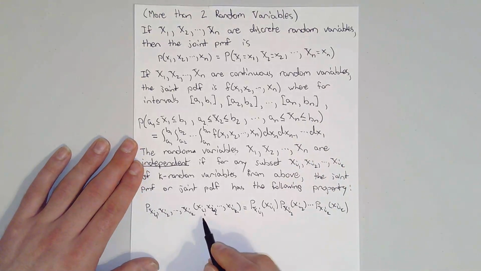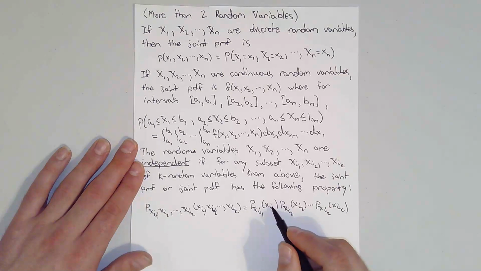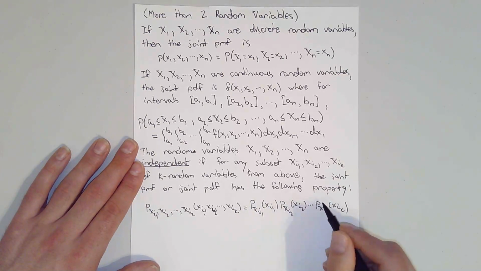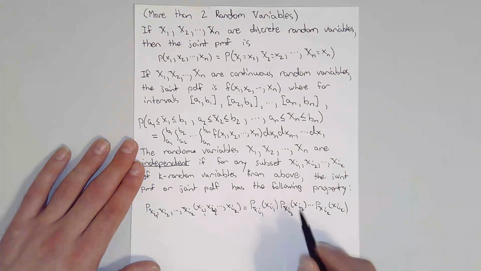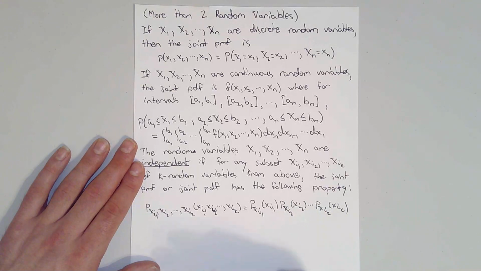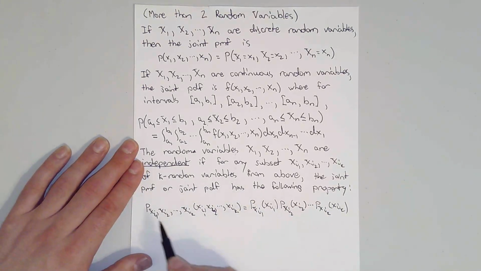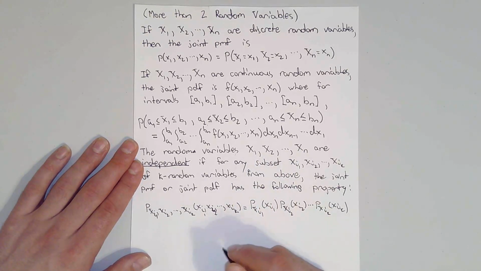The joint PMF needs to be the product of their marginal probability mass functions. So they look like capital P's, but these are little p's. In other words, this is just the probability mass function of x sub i_1. This is just the probability mass function of x sub i_2, and so on and so forth. Similarly, this is in the case that x sub 1 through x sub n are discrete. If x sub 1 through x sub n are continuous,